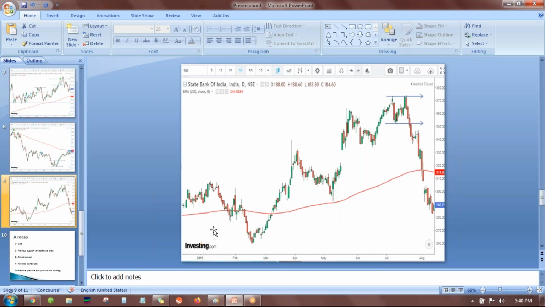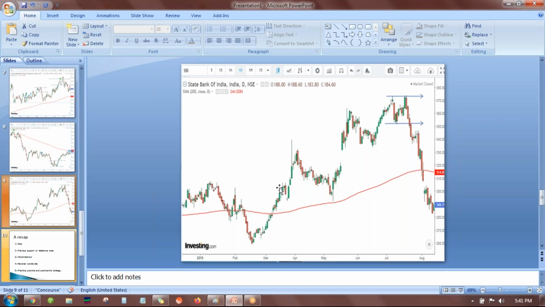Your risk reward is the most important point. Your risk reward should be in your favor. The range between your stop loss and the entry price should not be big, because if it is big, then to capture 1:1 you have to capture a big move. So avoid those types of setups.